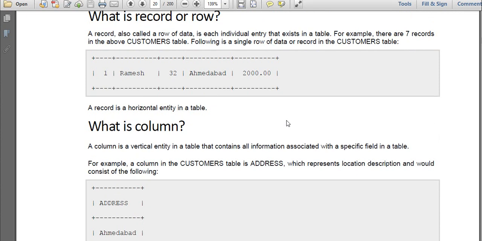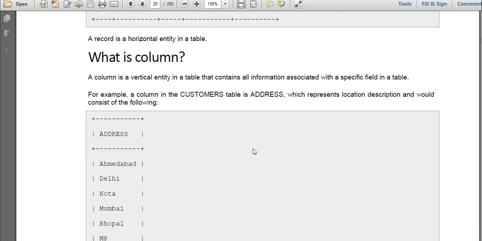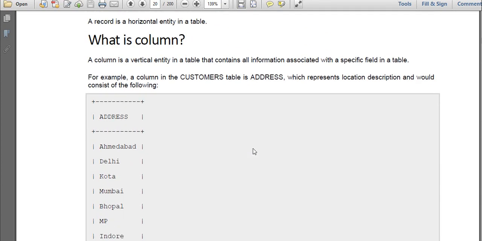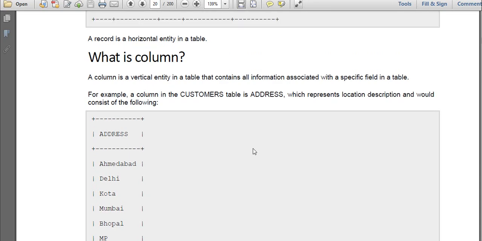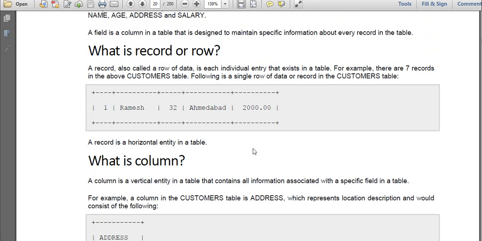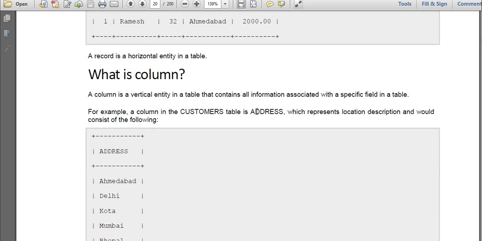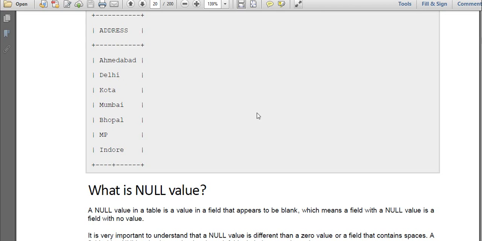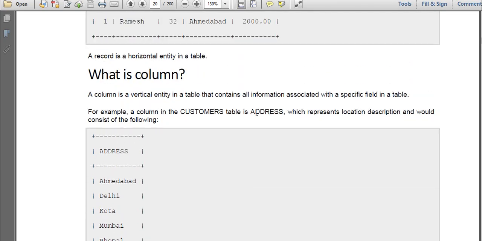What is a column? Every entity in a table is a column. Like address is a column, ID is a column, city is a column, salary is a column. All these things are columns. Is it fine?